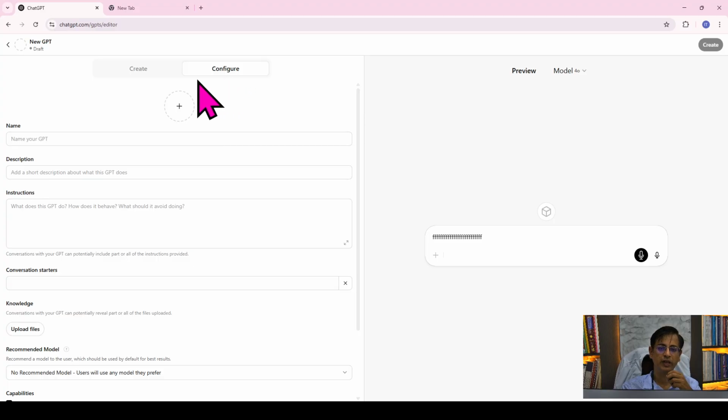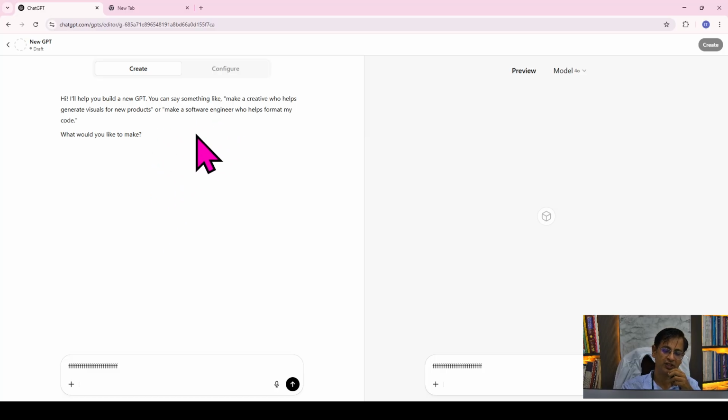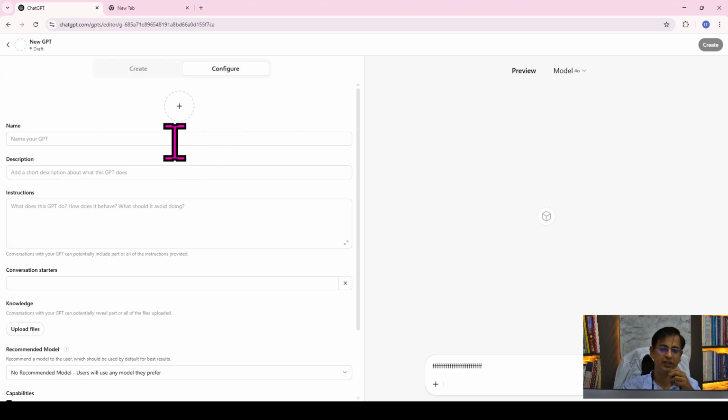It will be of two types: either Create, where you will give a specific instruction to ChatGPT about what you wish to prepare, and this is the final configuration where you can fine tune your things.